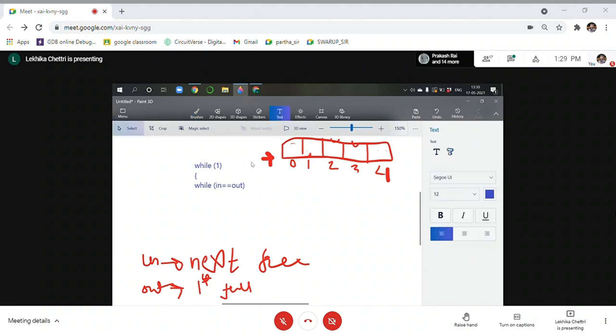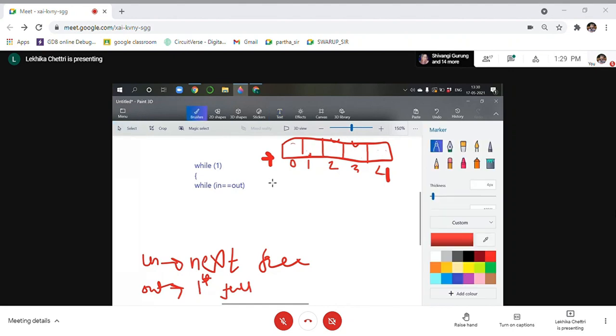Now in the consumer, what do you do? The consumer wants to consume something, but consuming is only possible if the buffer is full. So before you start consuming, you put a while condition to check if the buffer is empty or not. So while in equals out, what do I do? I will have to use a brush a little.